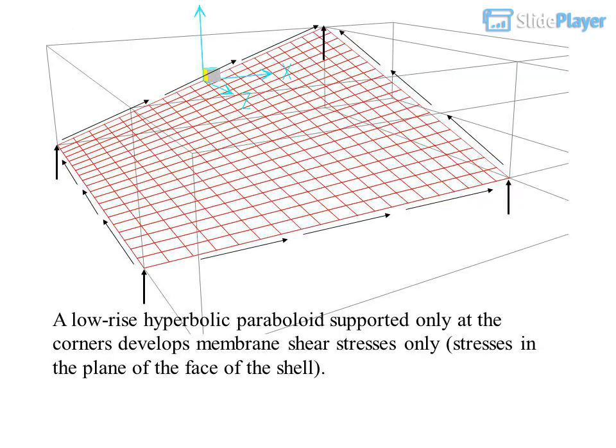A low-rise hyperbolic paraboloid supported only at the corners develops membrane shear stresses only, stresses in the plane of the face of the shell,